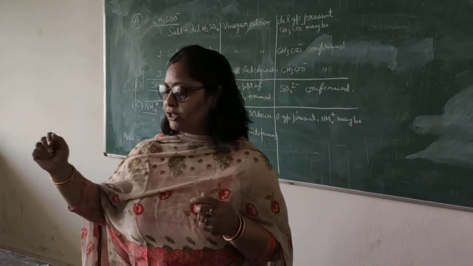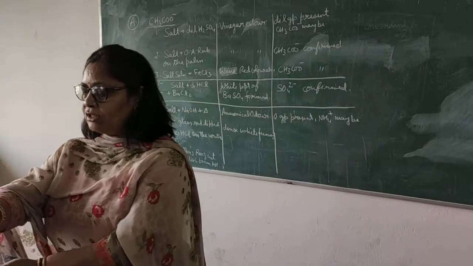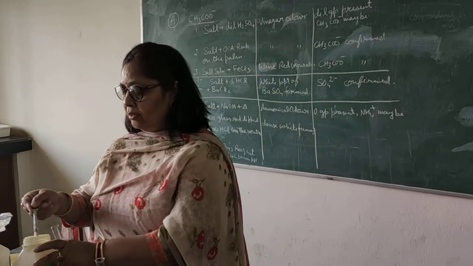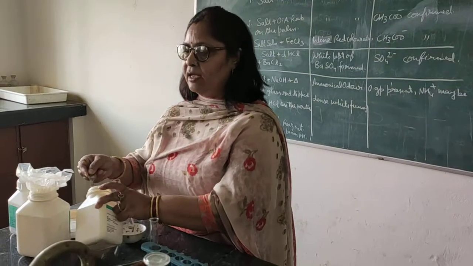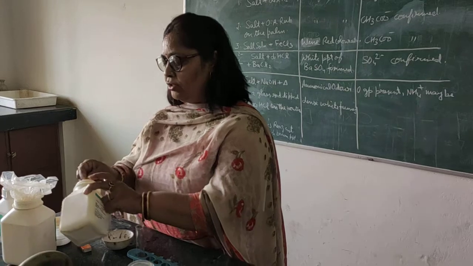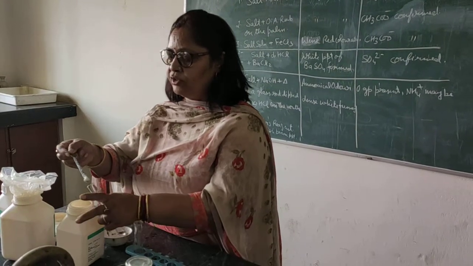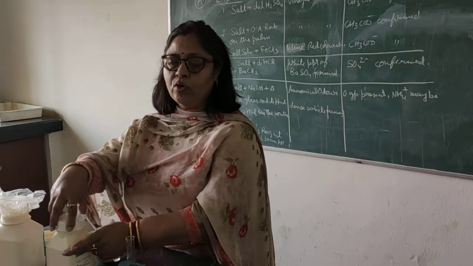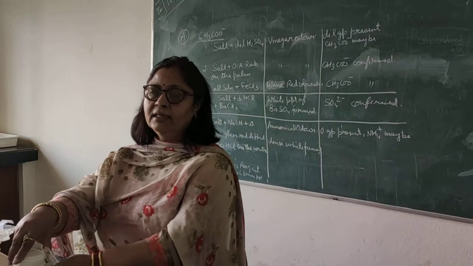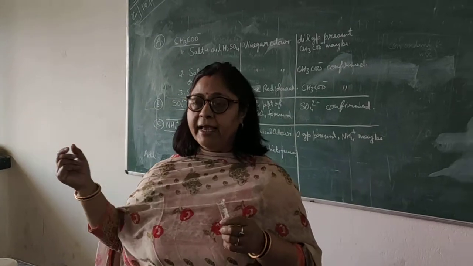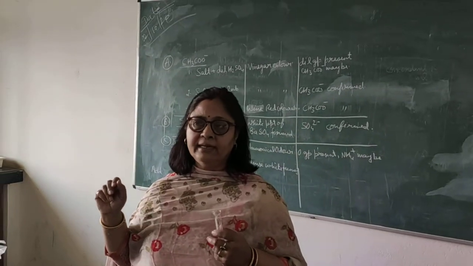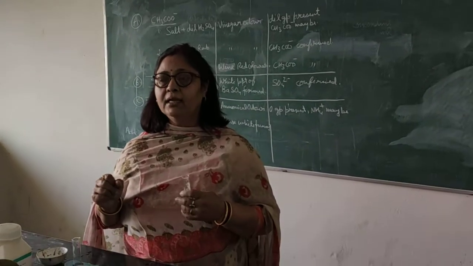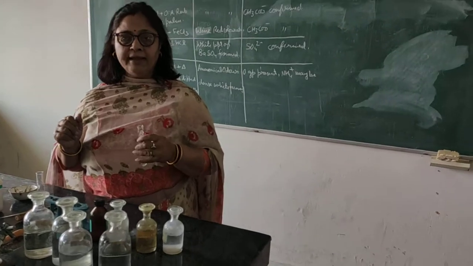So when we add some amount of salt to dilute H2SO4, no change occurs. It means the dilute group is absent, right? Then another test is with concentrated H2SO4. When we take some amount of salt and add concentrated H2SO4 to it, again you see that there is no change. So it means the concentrated group is also absent, and in the concentrated group we have chloride, bromide, iodide, oxalate and nitrate. So all these are absent.